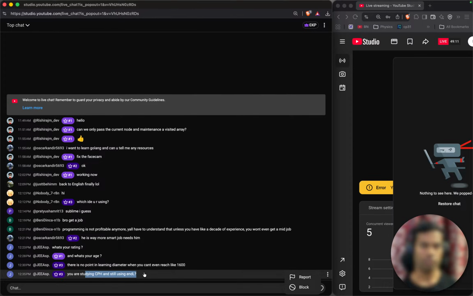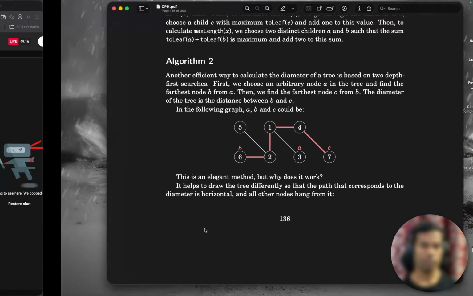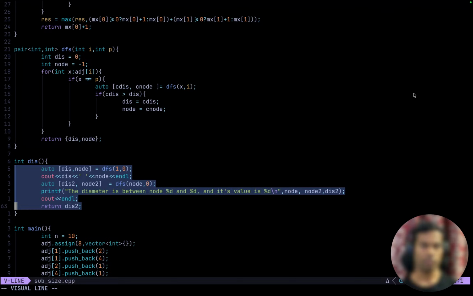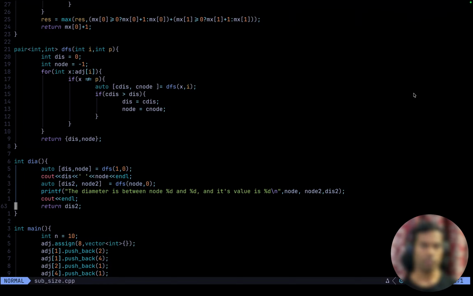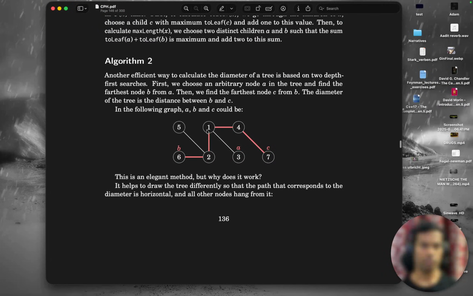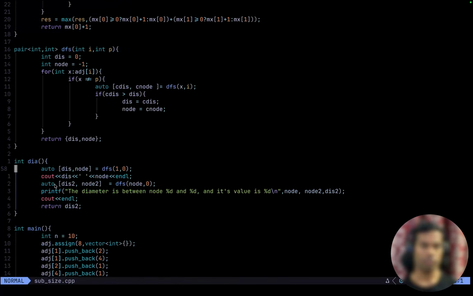Yes, because I want to flush. I don't just want to print a new line. So end line is something that I should be using there in this specific case. And here, hmm, we are calling this for 1, and for 1 we are seeing that 2 is a child and 4 is a child and 3 is a child, and on these nodes we are